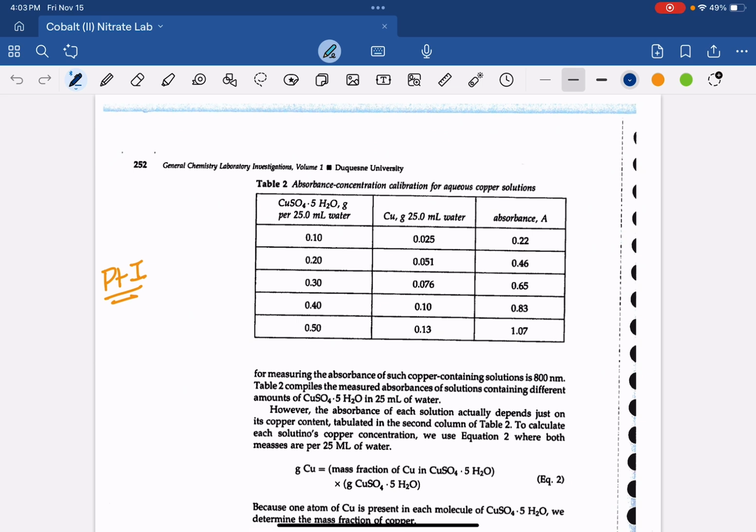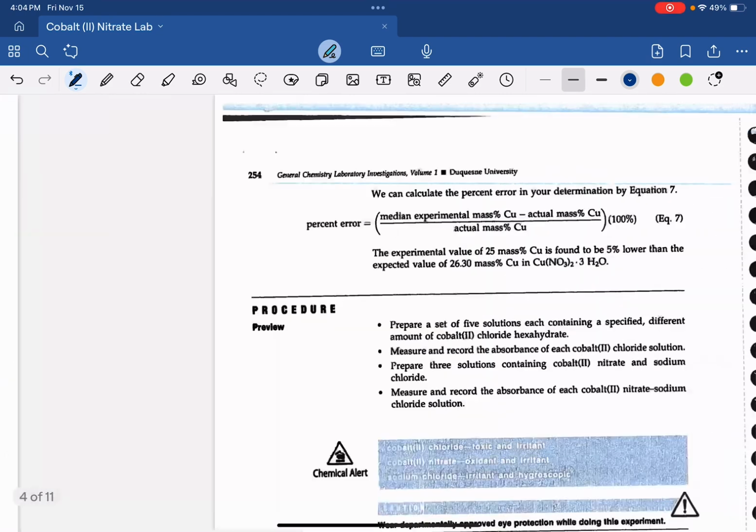For example, you're going to notice that in table number 2, you have information about copper sulfate in 5 waters, and it gives you gram amounts. Okay, so these data points in gram amounts are similar to what you collected. Okay, so if I slide over